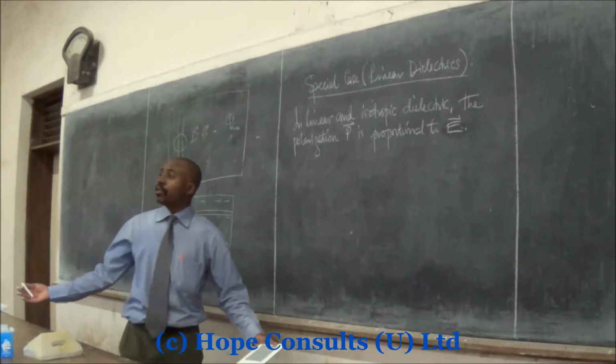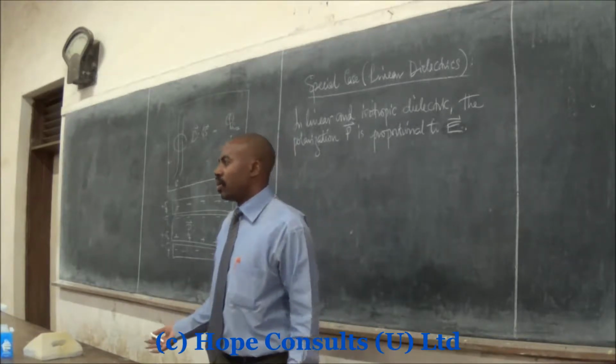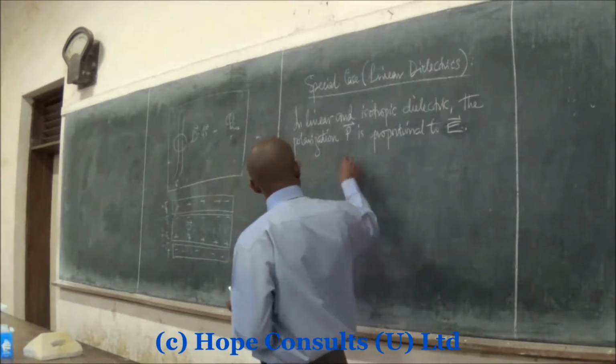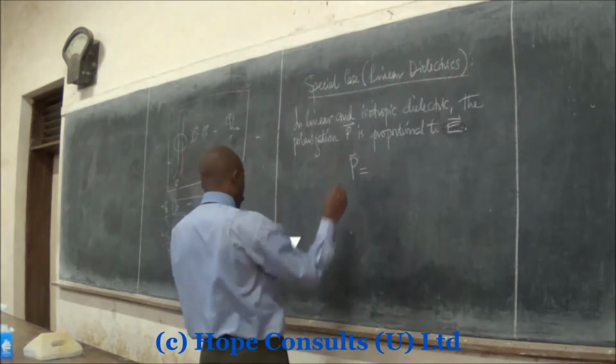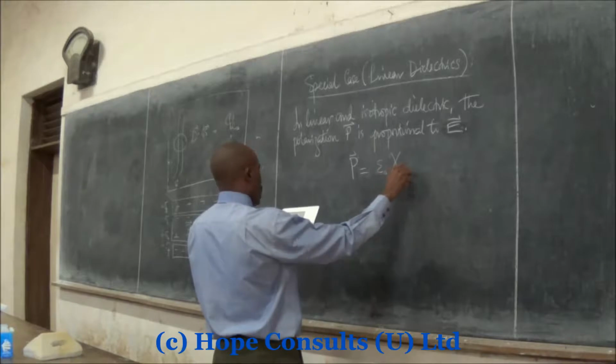If you remove the free charges on the plates, you won't have any bound charge. So our P is equal to epsilon naught chi E,